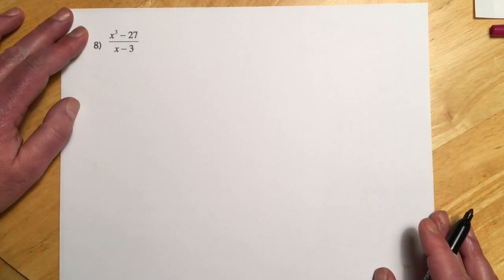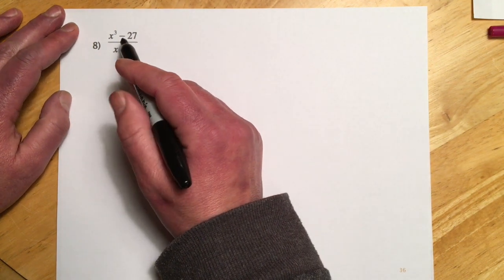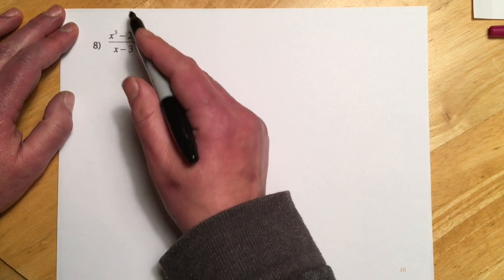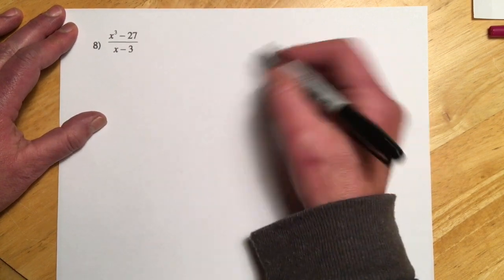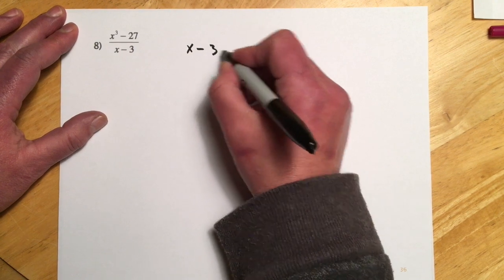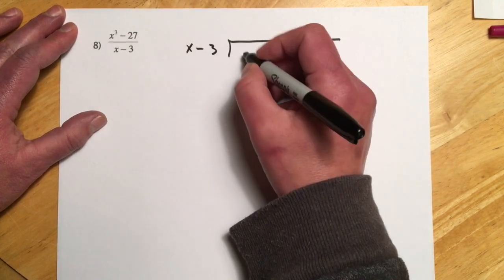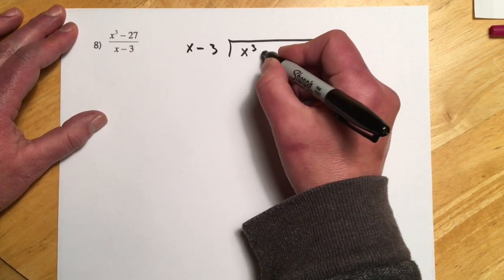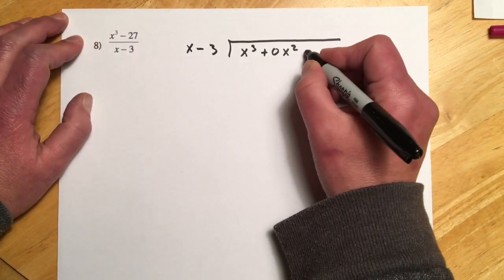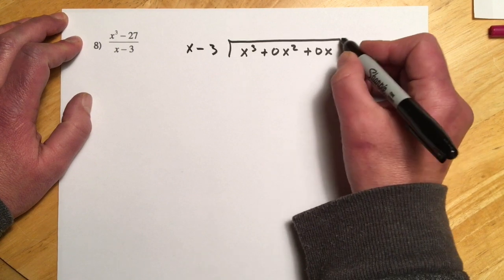So this last one you can do any of the three ways. If you remember your cube factoring formula, which hopefully you do, you can just factor and cancel. I'll show it as long division and synthetic, and again, just because that's kind of what we're working on here. Plus this one's missing terms, so I want to show that. So I'm going to go 0x squared, and I don't have a linear term either, so I have to go 0x, and then